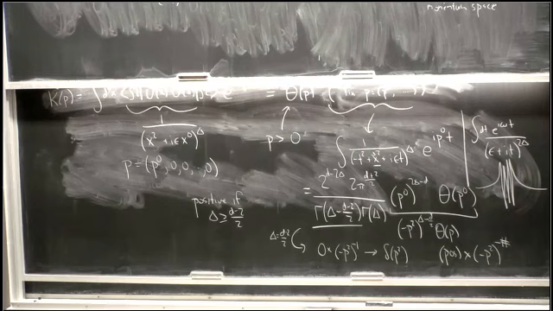Yes? If you do this in Euclidean signature, I guess I can get a principal series. Well, there's a correct. So the question was, do you get the principal series in Euclidean signature? So the principal series representations are unitary with respect to a different kind of norm. So if you wanted to do this argument in Euclidean signature, you'd have to start with the correct norm that should actually be positive, which is the norm where you have the test function and you reflect it. So it's the norm that you get in a reflection positive theory. Then you're not going to get principal series representations.